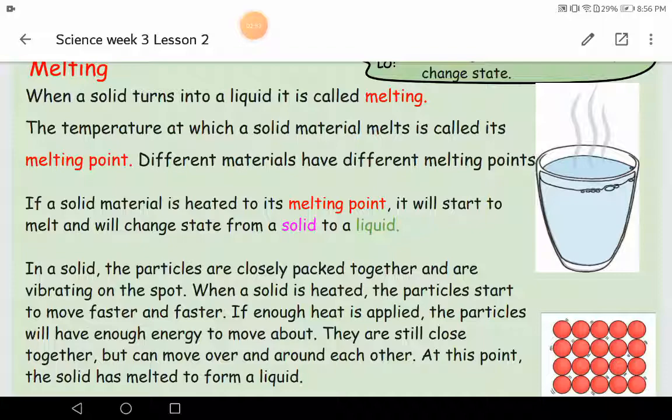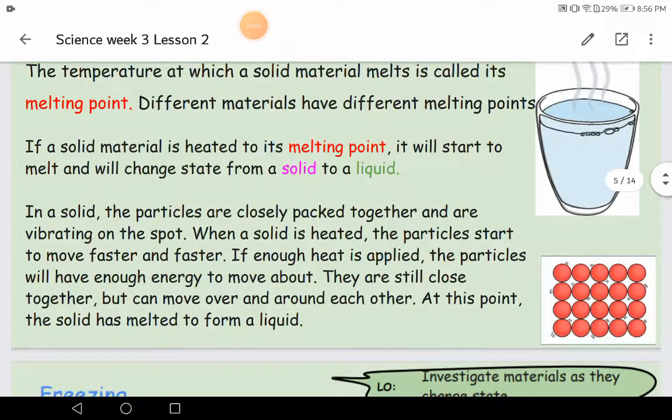In a solid, the particles are closely packed together and are vibrating on the spot. When a solid is heated, the particles start to move faster and faster. If enough heat is applied, the particles